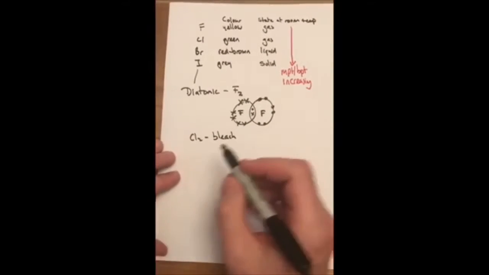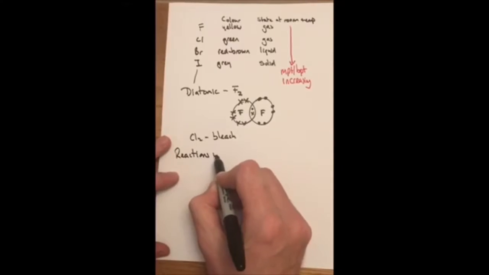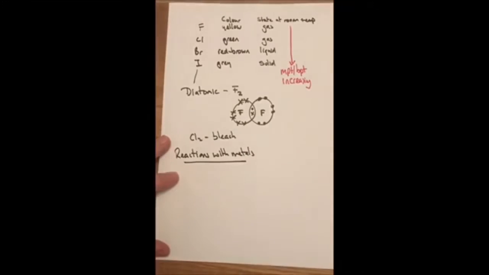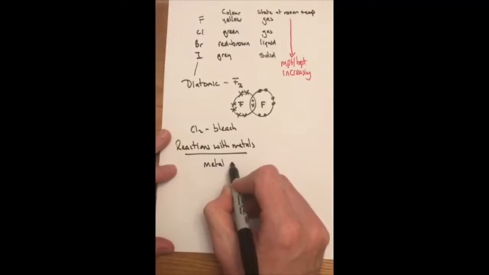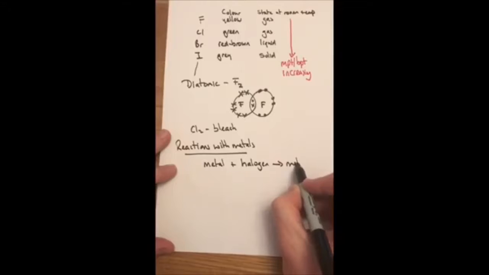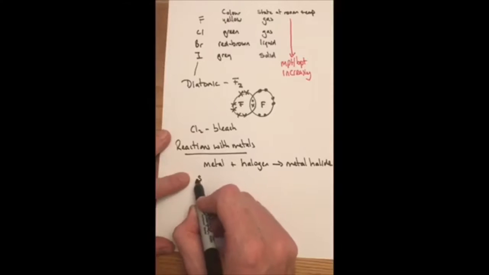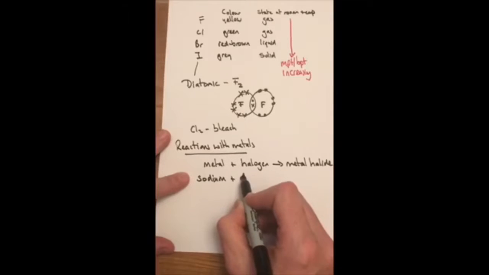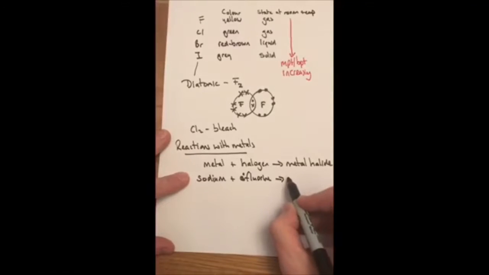We also need to know, with the halogens, some reactions. The first reactions we need to know are the reactions with metals. So you need to know how these halogens react with metals. Let's have a quick look. We have got a metal, let's do it in a general equation first, plus the halogen, and it makes a metal halide. So if, for example, the metal is sodium and the halogen is, I was going to do chlorine, but let's do fluorine. We'll use chlorine later on. Fluorine, then we end up with